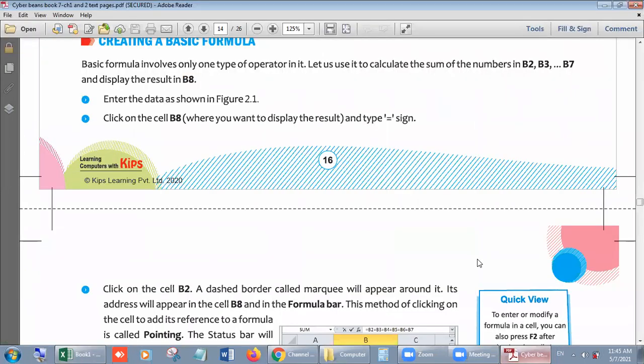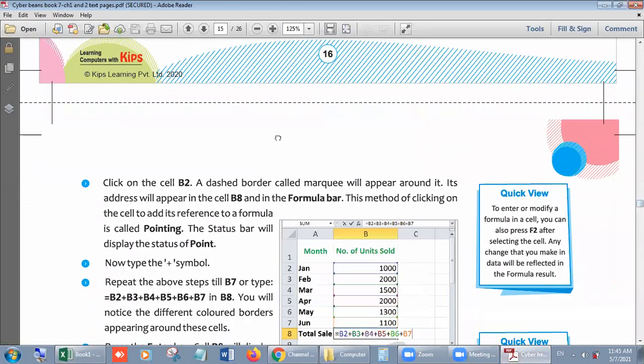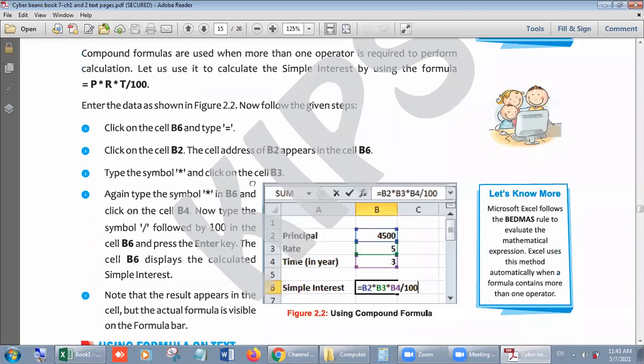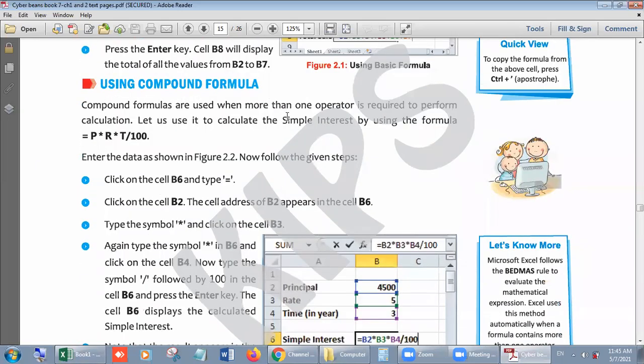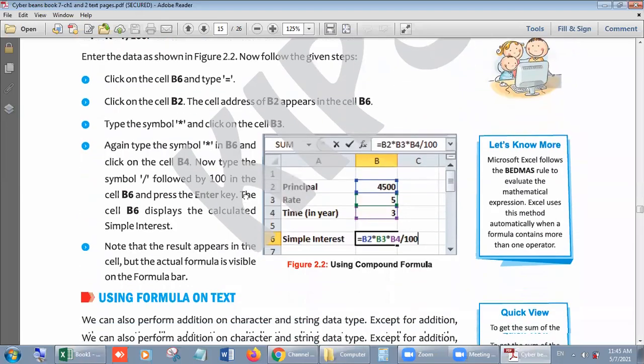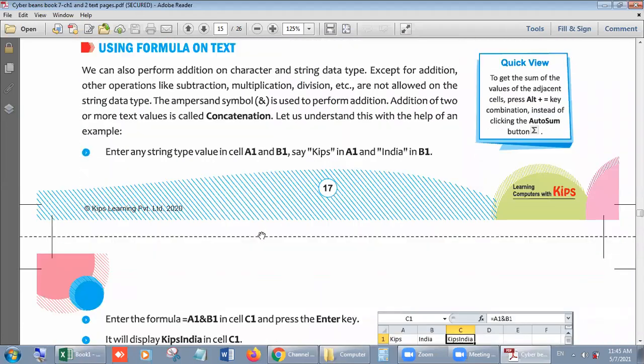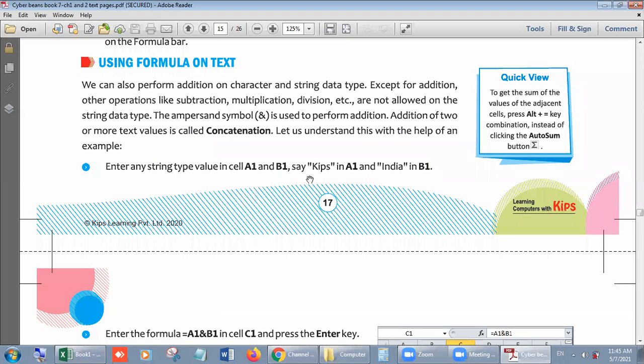Now coming back to the lesson. I told you simple formula and also told you compound formula. In our previous lecture, I told you about compound interest, simple interest with compound formula. Now, I also told you about how we can add text.